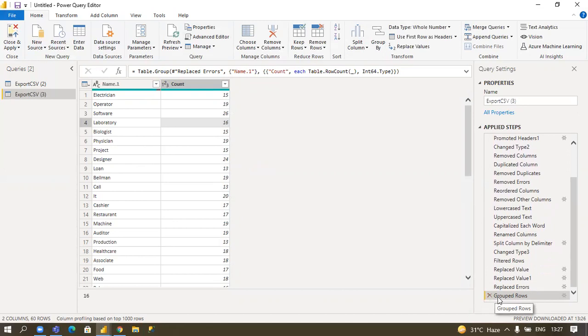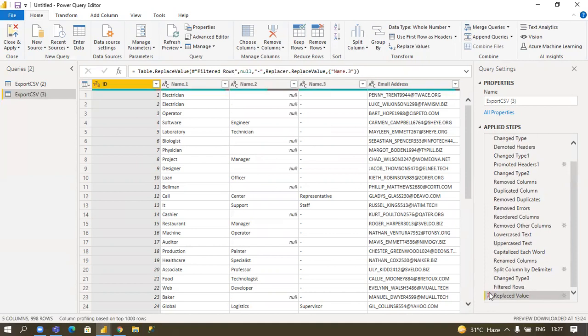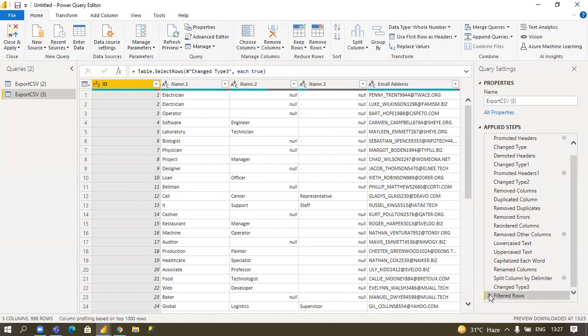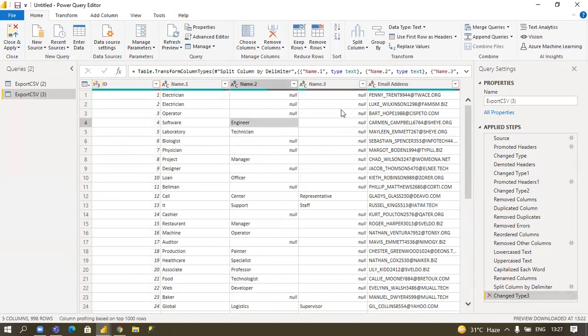Grouped rows we have already grouped, I will delete this one. You can see that your earlier state is there. And also I remove error, replace value, like Control Z, Control Z, by this method. Here you go. Okay, so these are the recorded steps. Whatever you don't want you can remove, and if you want you can keep.